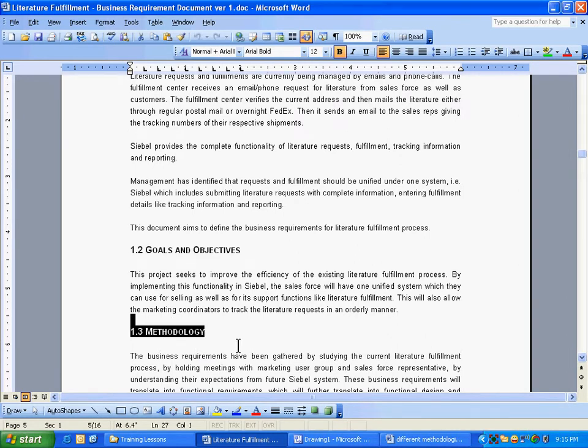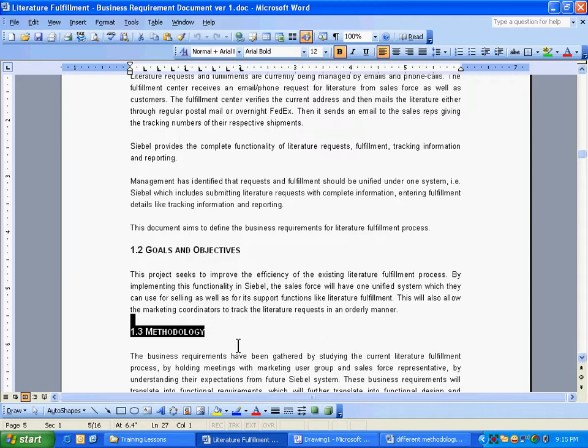Like methodology is a new thing. I didn't expect it to be here. She wrote it in the methodology, so she must have talked to me at that point of time. Shall we put it in methodology somewhere? Shall I make a separate section? Shall I put it here? I would have said, okay, put it here, no problem. It makes sense. So you use your own judgment.